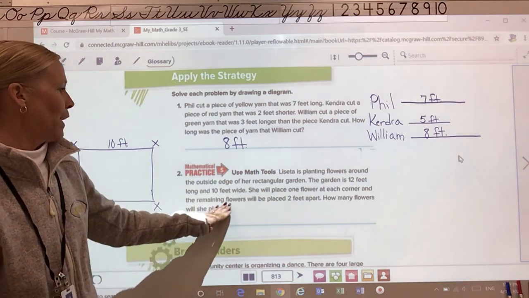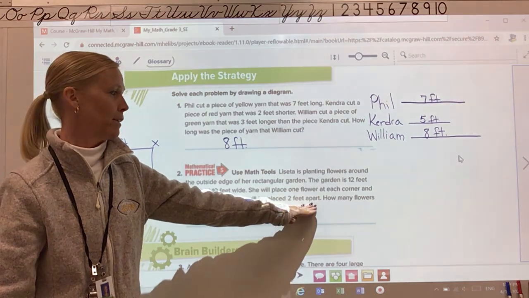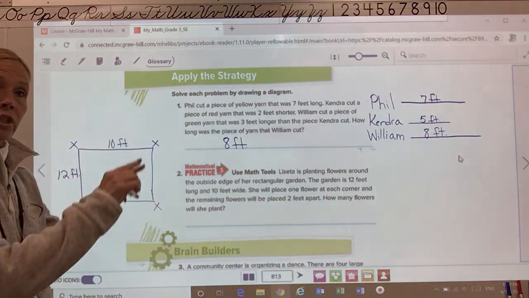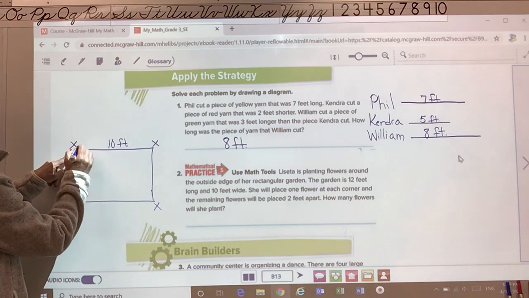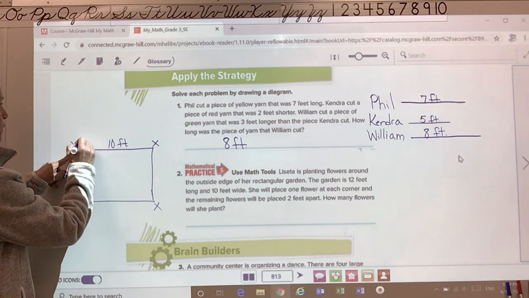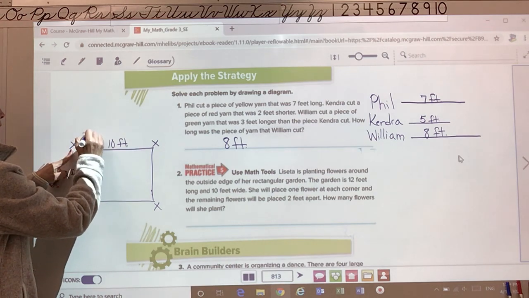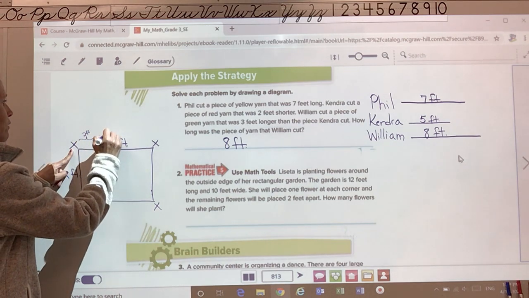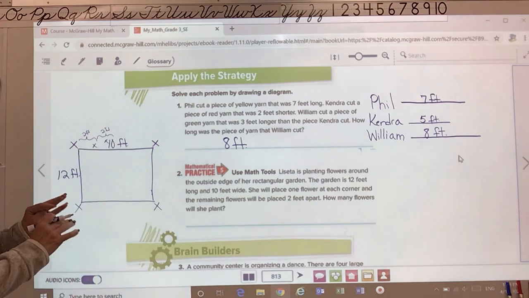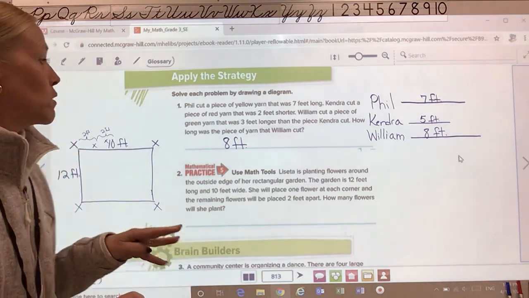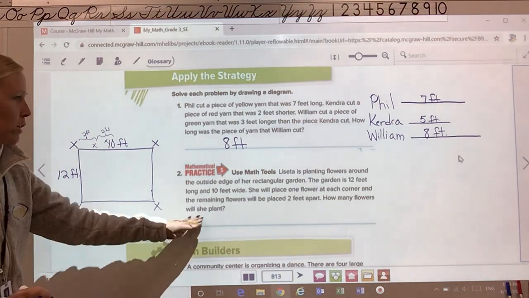And the remaining flowers will be placed 2 feet apart. How many flowers will she plant? Okay, so if they're 2 feet apart, that means she put a flower down and then she went over 2 feet and planted another one. Then she went over 2 more feet and planted another one, and so on all the way around. So what we need to do is figure out how many flowers will